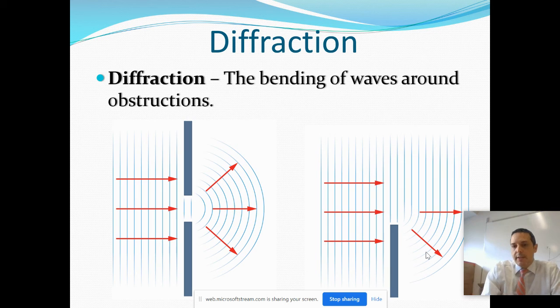This also happens with light. If you've ever noticed, hopefully you have, a window can provide light to the whole room, not just where the light is shining through the window. When the light passes through the window, because light is a wave, it bends around and fills the room. So a window can spread light throughout a whole room, not just the part adjacent to the window where the light is coming through. Those are two wave phenomena. Next I'm going to show you a video of diffraction, which is a really good example, and I really like this video. So watch that, and then I will pick up on the Doppler effect next.